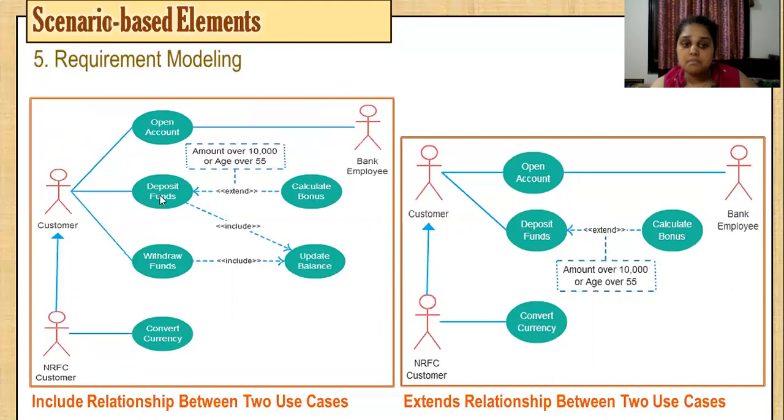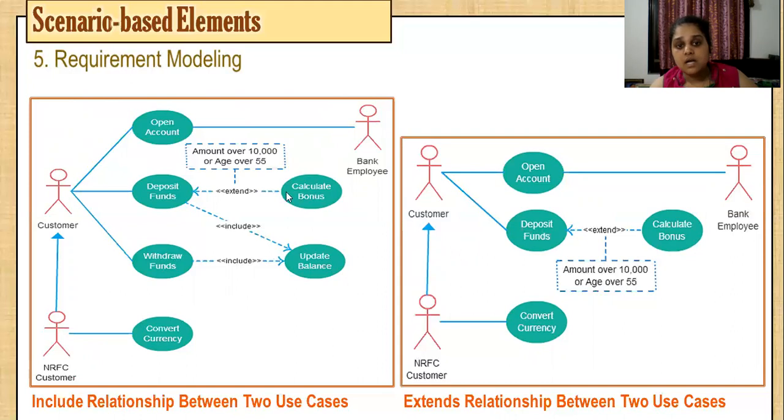Whenever you deposit some money, your balance will get updated. If you are withdrawing money, again your balance will get updated. So update balance is something which has to be compulsorily included in depositing funds and withdrawing funds. This is a compulsion, therefore it is mentioned in include.